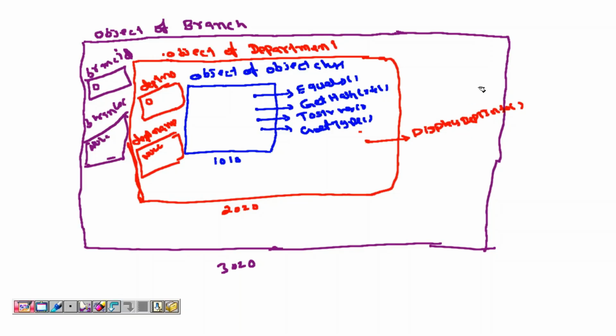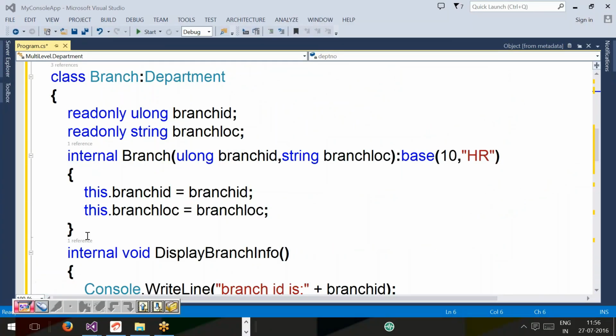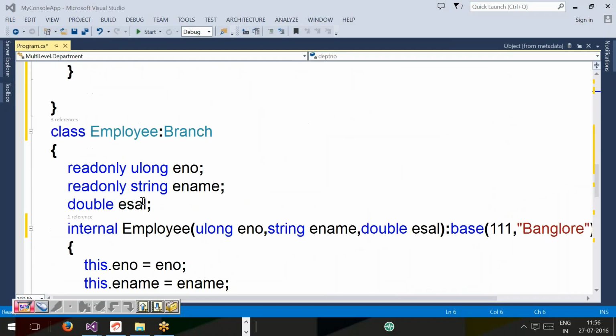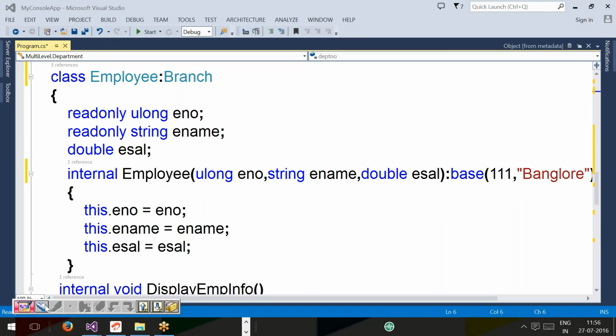And Punya, come to Punya. You are confusing. Let's see your confusion. Tell me Punya, it is holding the address of which method? Display branch info. After this, control will again come back to the employee class, and it is going to create an object for